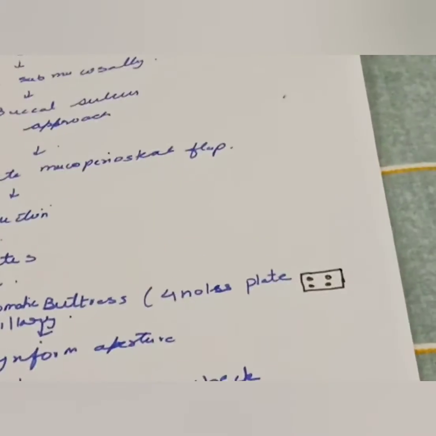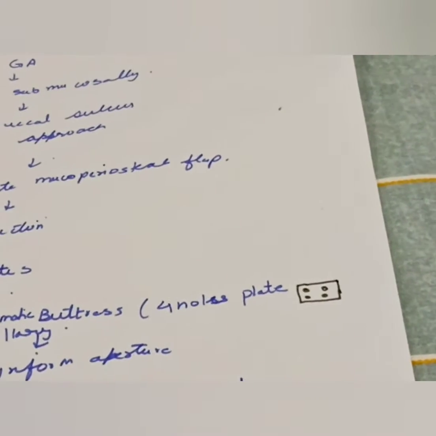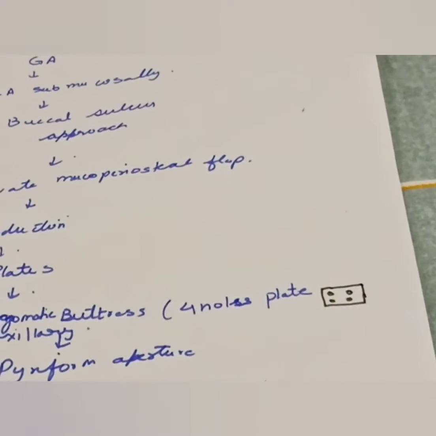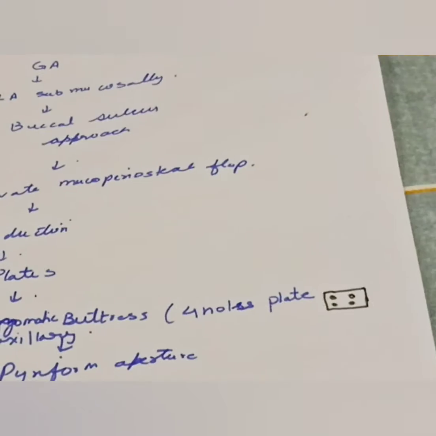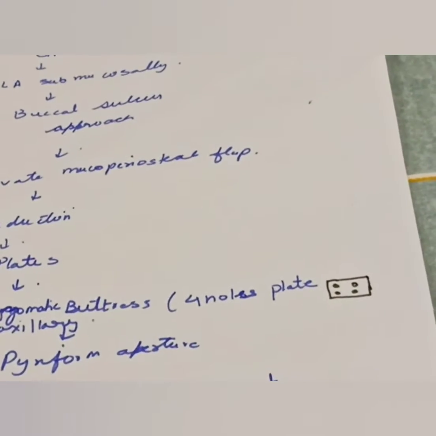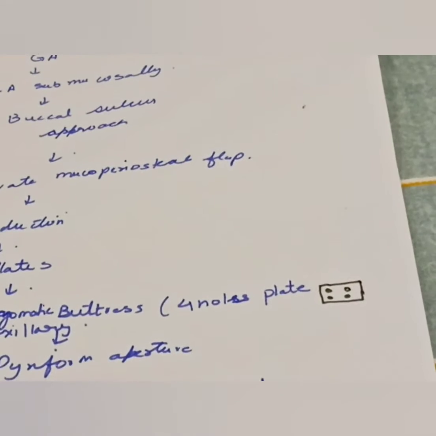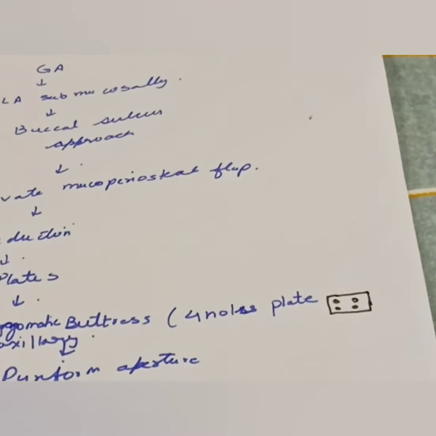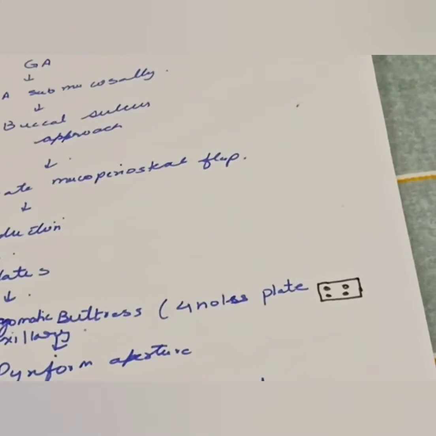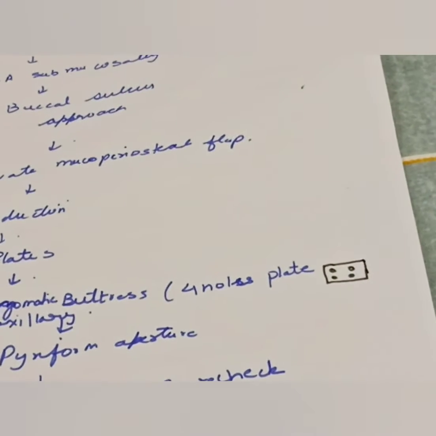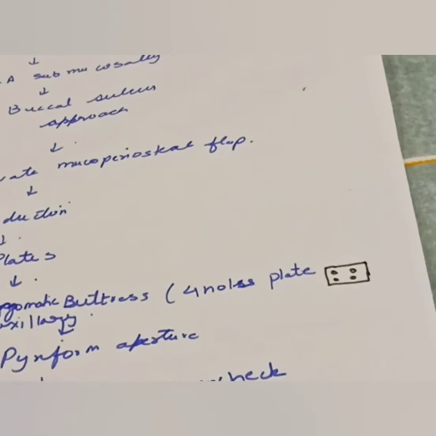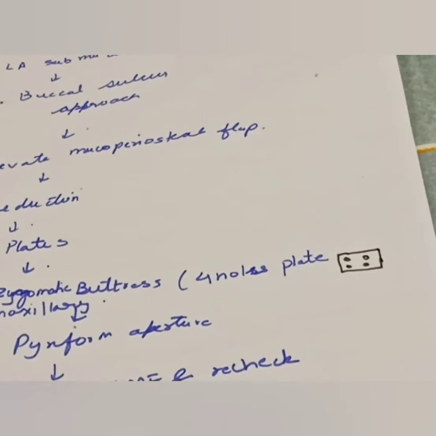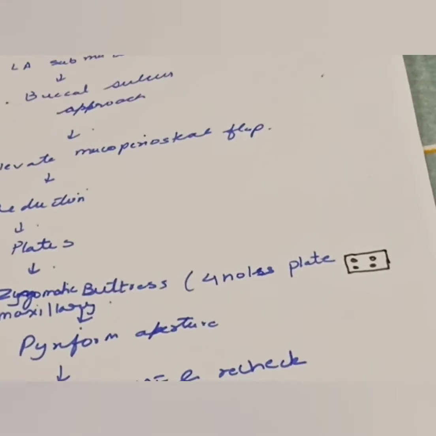So let's talk about the Le Fort fracture, that is, the detail of the treatment of Le Fort fractures via open reduction. So what is open reduction? You are going to do open surgery in the Le Fort 1 fracture treatment. Open reduction patients are operated with the help of nasal intubation. So you give general anesthesia, then you give local anesthesia submucosally, then you take the incision from the buccal sulcus approach, that is, above the apices of the teeth and along the buccal vestibule.